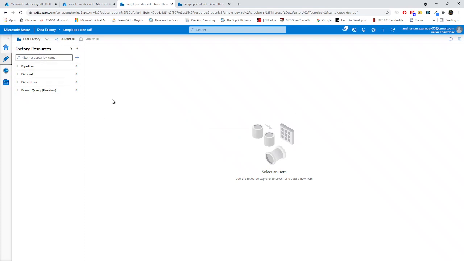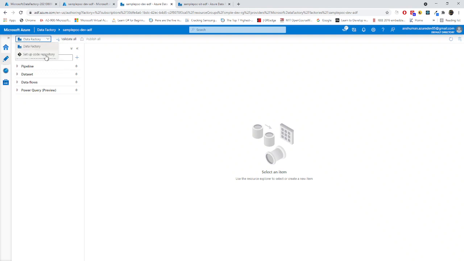So you can see that don't bother about all these things because it's a little bit of advanced level video. So I'm not telling you how to do all these things in the ADF. I'm just focusing so that we will create the DevOps pipeline over there. Right now you can see that there are things over here. One is the data factory and another is the setup code for Git. Now I'm going to set up the Git repository.